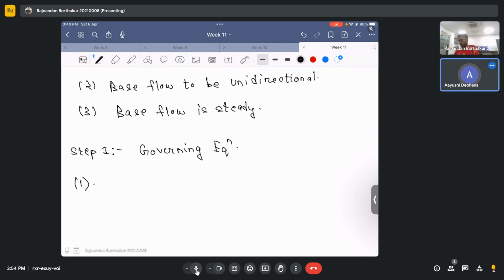Continuity and momentum. So momentum means what? Is it the Navier-Stokes? I mean, if it is inviscid, Euler. Yeah, exactly. So it's the Euler's equation and the continuity equation, right? So the first step is the continuity equation,